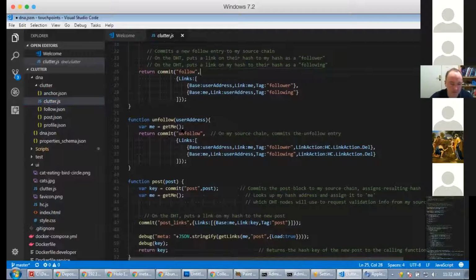And an unfollow, you can see it's a very similar pattern. The only difference is we do a delete. With everything in Holochain world, things that are deleted can only be marked deleted because it's part of a hash chain.